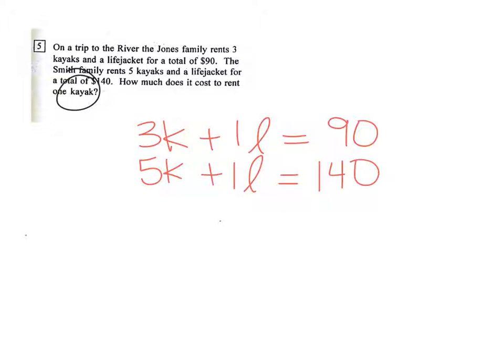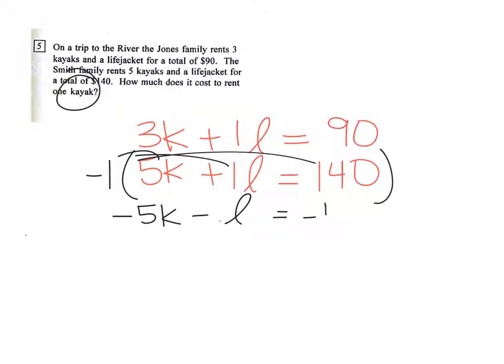Why don't you hit pause and try to solve this on your own? If you don't know what to do, you're going to have to give either equation a makeover. And I look at my life jackets, and I think I can give that a makeover pretty easily. Go for it, guys. If you didn't hit pause, now you're going to see me start working on it. Negative 5k, because we're just jumping through the problem. Negative 5l, oh, not 5l, negative l